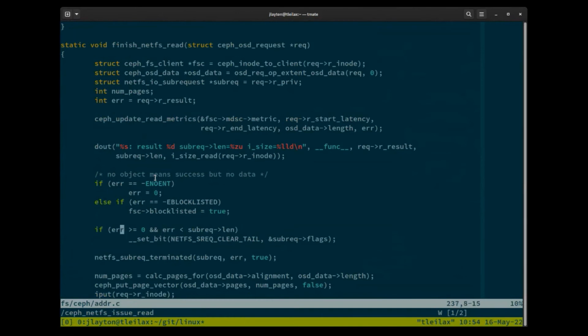If the read was shorter than we had expected, right? Let's say we tried to read a whole 4 meg object off of the OSD, and then it turned out that it wasn't that long. We need to tell the NetFS layer to clear the last thing. That's what this flag does. And then eventually we call this NetFS subrequest terminated, which tells the NetFS layer that okay, we're done, and here is the new